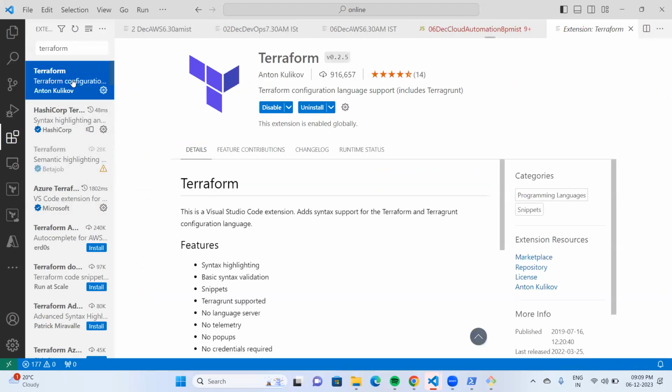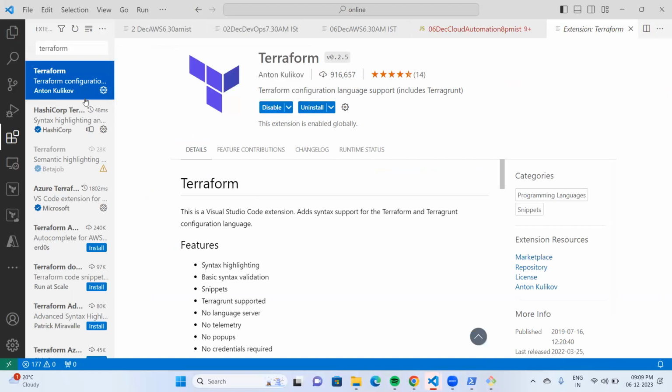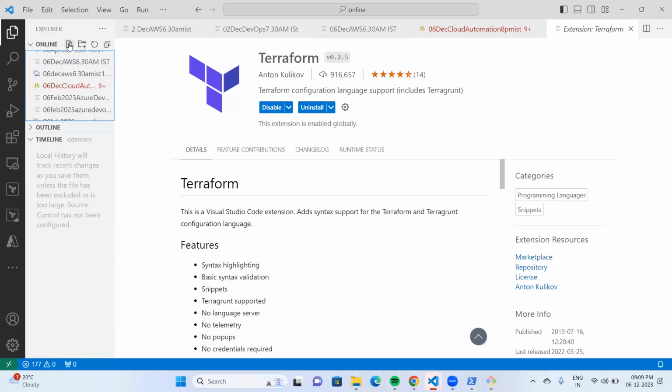Just click on this. In my system it is already installed. That is why it is showing uninstall. And Terraform, install these 3 softwares here, so that while writing script, suppose